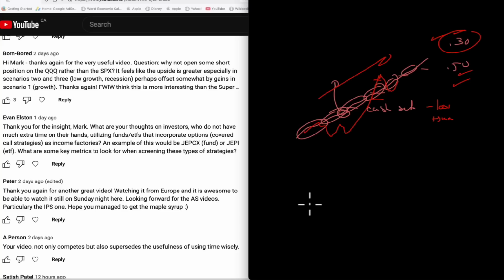So if you have an uptrending market, you'd want to get a covered call strategy that uses low delta options. And if you feel that you're going to have a sideways market or a downtrending market, then maybe you want a covered call strategy that uses a higher delta. So I would consider the context you're in and then select the strategy that uses the lower delta, but they'll all cash settle it.